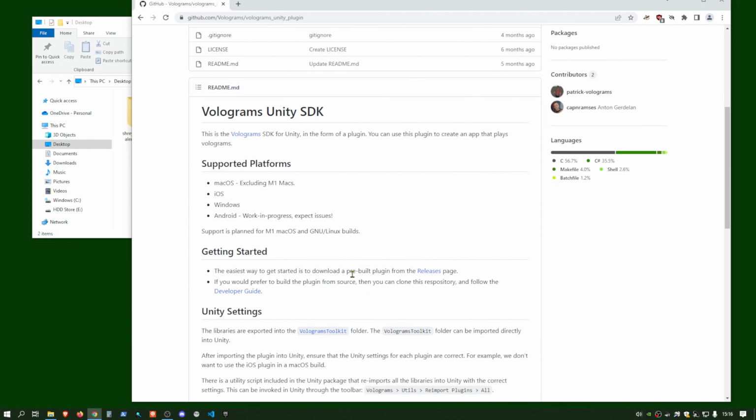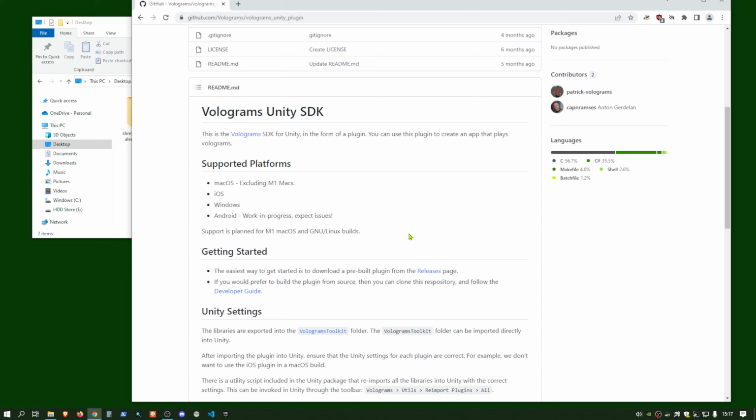Have a flick through the README and just check for your type of project what your supported platforms or the state of support for those platforms might be. This is an ongoing project, so expect updates. I'm going to be showing you how to use this on Windows. It's going to be a very similar process for Macs, except we don't have at the time of this video recording full support for the new M1 chip Macs yet. So come and check in on the Discord for progress on these other platforms, and you'll be able to chat